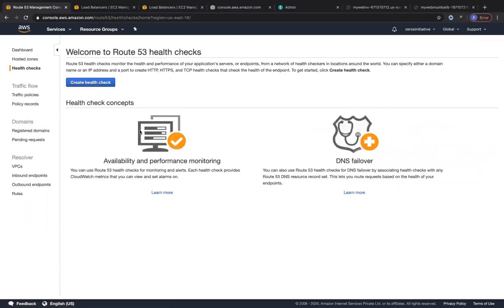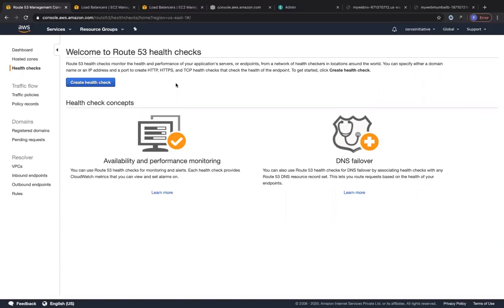And you can see we can create a health check over here. One good thing about health checks is that you can even find out whether your database server is up and running or whether your database server is not working properly. Based on that, you could also promote one of your read replicas of your database to become its own standalone server. So it has a lot of power by doing health checks.